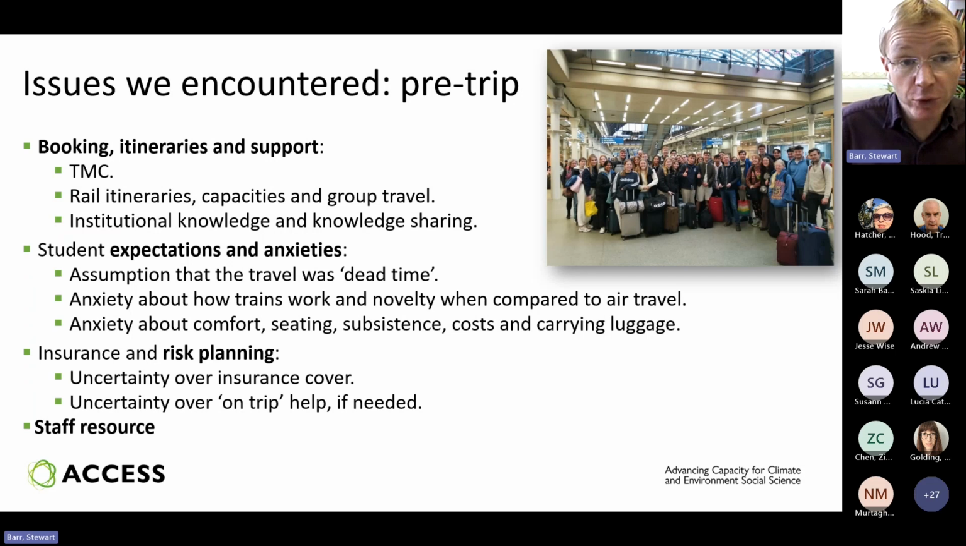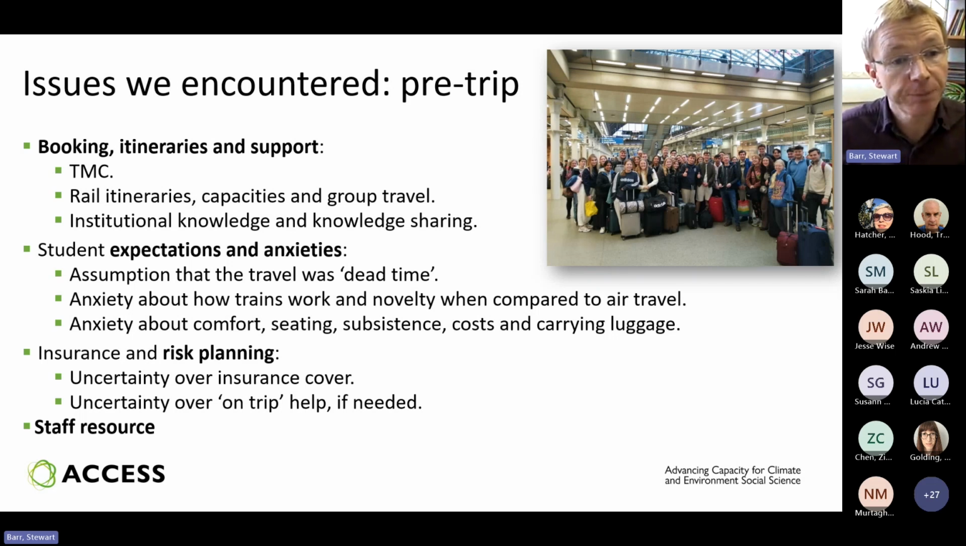Student expectations before the trip were really interested. We measured these using surveys before we actually went on the trip. And it was interesting that we picked up a very familiar refrain from people about rail travel as an alternative to air travel, which is that this was considered as dead time. It wasn't useful time. There were lots of anxieties about how trains worked because many of our students don't use the train, and they certainly haven't used the train in Europe. So there was a great deal of novelty associated with that anxiety. And then just anxieties about the practicalities, comfort, seating, subsistence, costs, carrying luggage, all things which people felt very competent with air travel because they were used to it, they'd been brought up with it, but actually international train travel